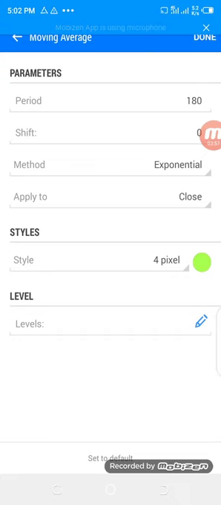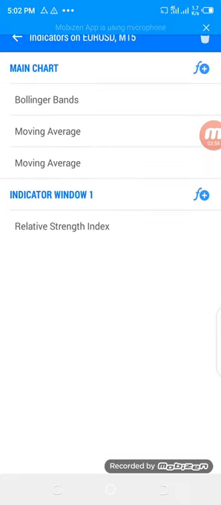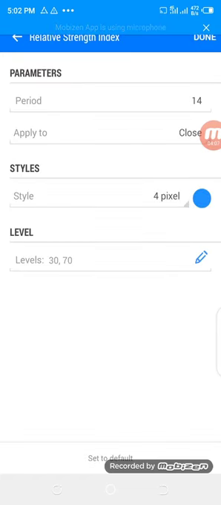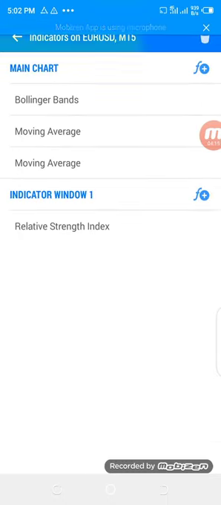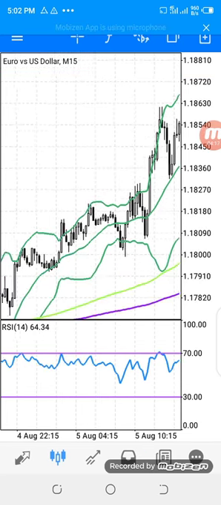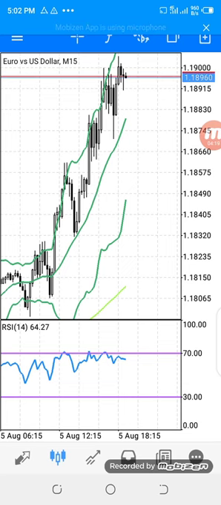This is 180. They are on the main chart. Then in indicator window 1, the Relative Strength Index, just default settings. That's all. Once you have these indicators here, you are already good to go.